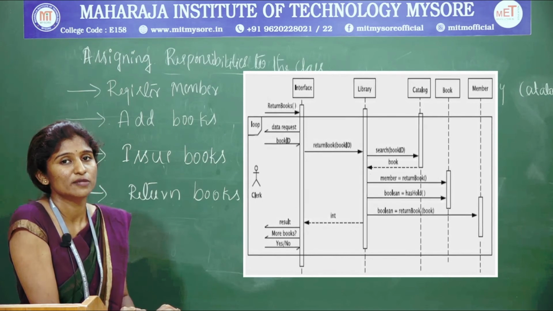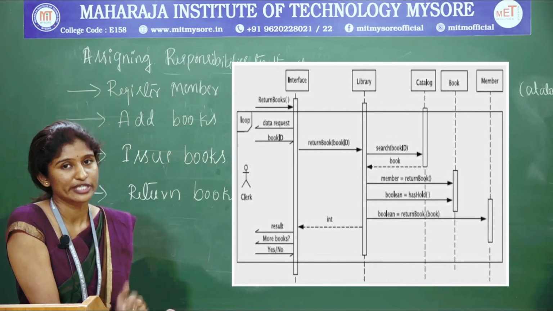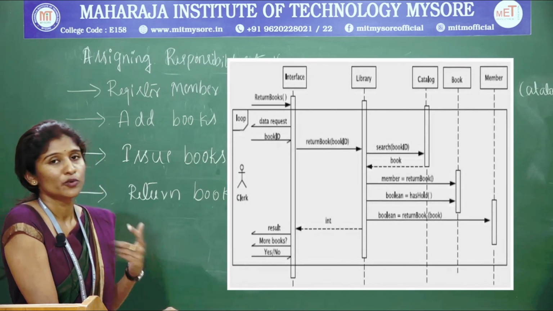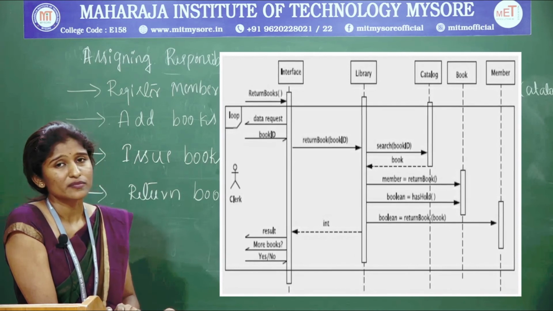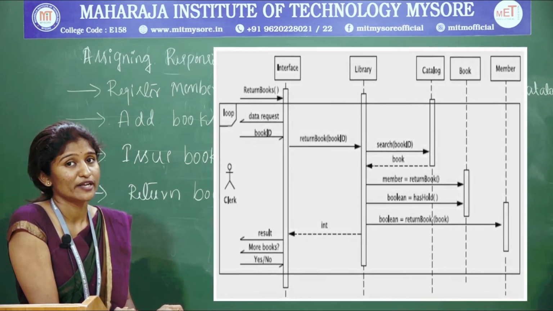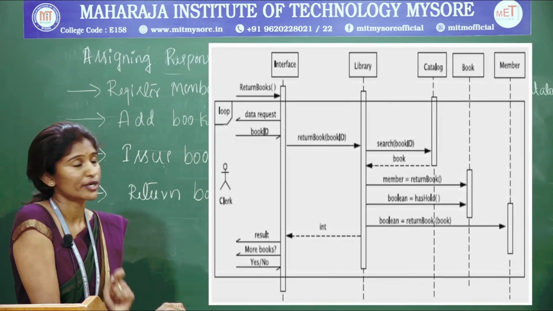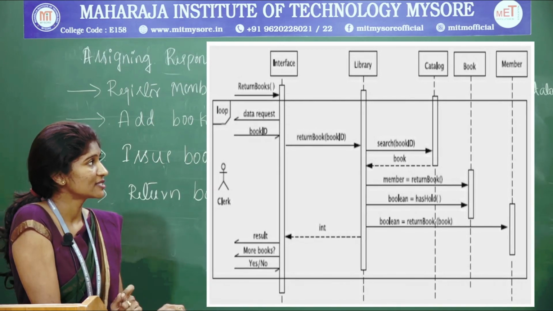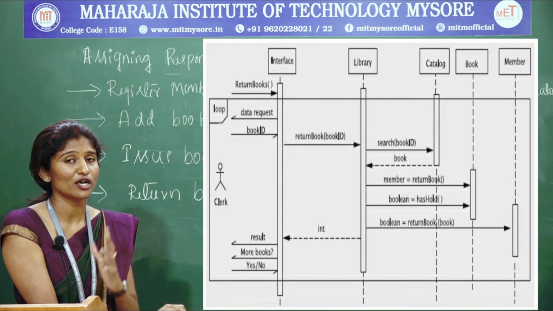After that the system is going to ask for what? It is going to ask for the book ID, which book you need to return. After entering that book ID from the clerk, it is going to move forward to the book catalog. The book catalog is going to check the book ID, whether he is entering the same book or a different book. So it is going to check in the library system as well as in the catalog. We will be having the catalog of books, right.